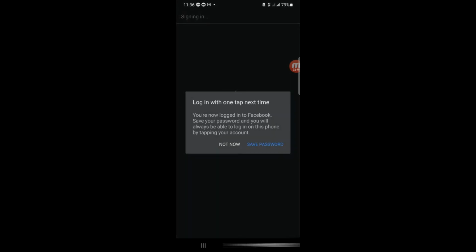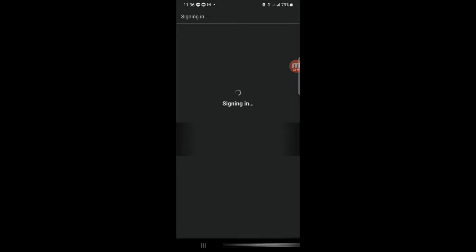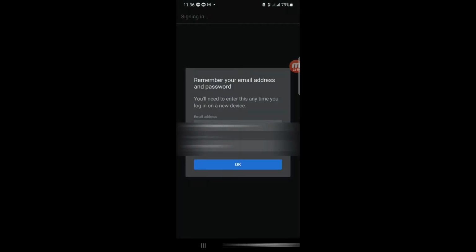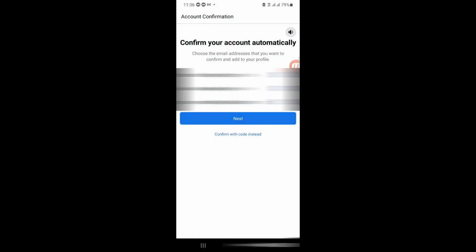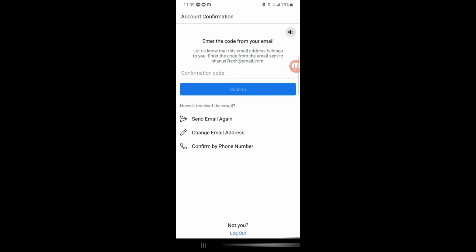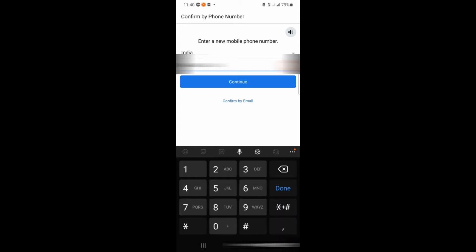And here, save password, and here as you can see you should remember this password every time. It will show you like this. Click OK, and here now we are going to confirm with code instead. Check your Gmail account, and you will get the code, and you should put it here. I'm going to confirm by mobile number. You can see I have put my mobile number. Now let us continue,